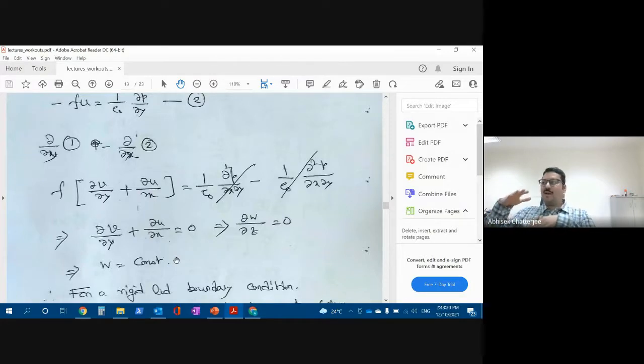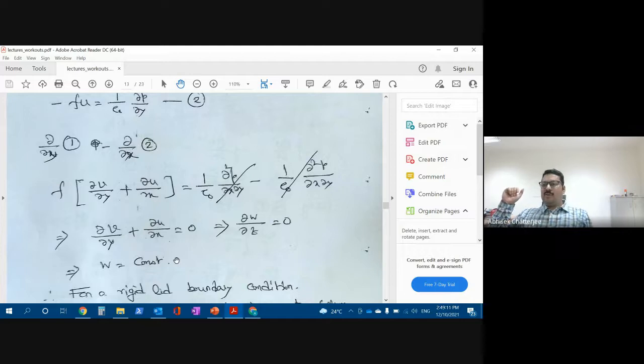Also, if we assume that our surface is also not moving with respect to time, we basically call it a rigid lid boundary condition. That means you have a flat surface, it is not moving, it is not doing any oscillation. So in that case, my w will be zero at the top and at the bottom. So w is basically zero in the entire water column. So in any f-plane situation, that means if we assume that the Coriolis force is not changing with respect to latitude, then as per the geostrophic approximation, you will not have any w in the water column.